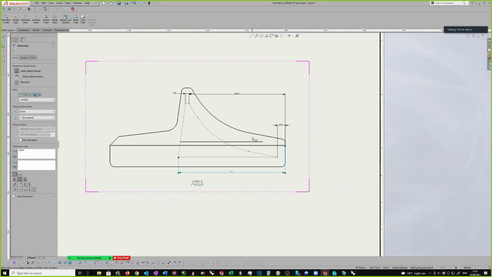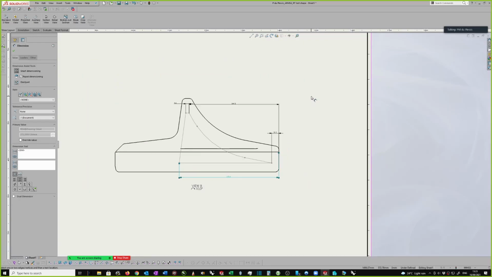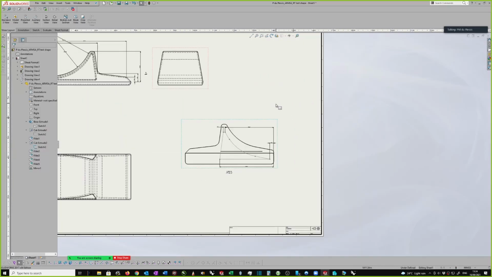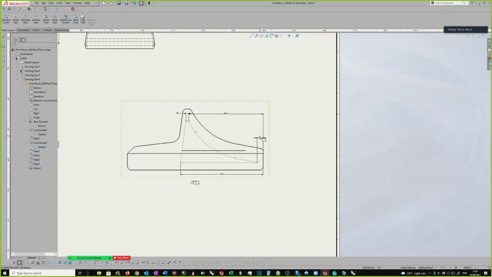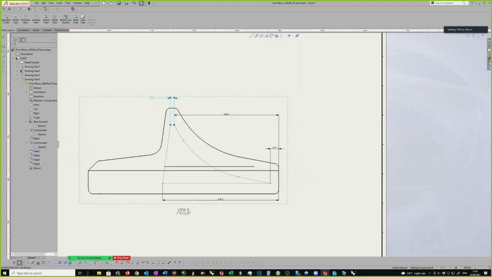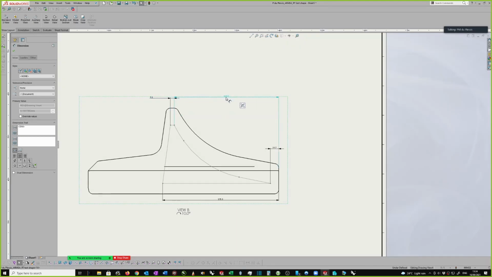All right, so I actually haven't chosen the best view because I need to know what the offset of this line is from the base. So I've actually chosen the wrong view. It should be this one here. But this gives you an idea at least of how you can go about doing this. And then